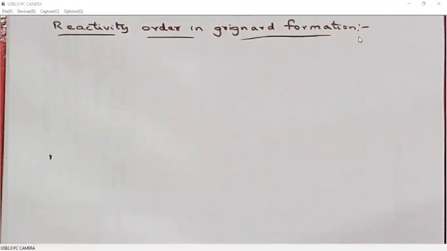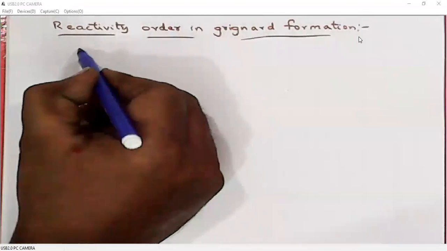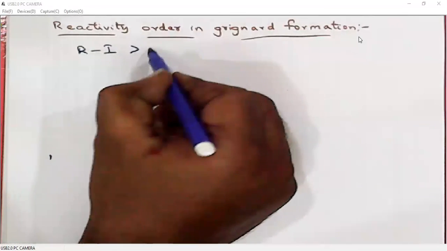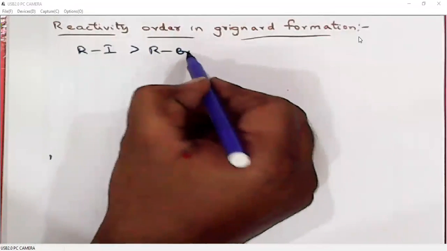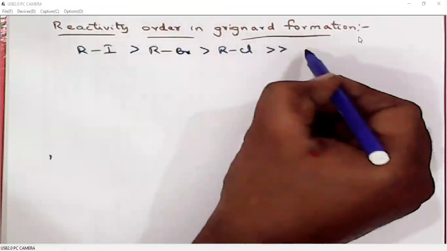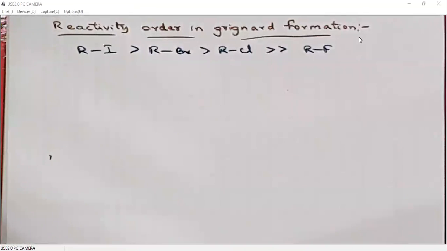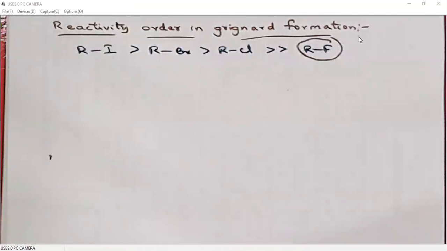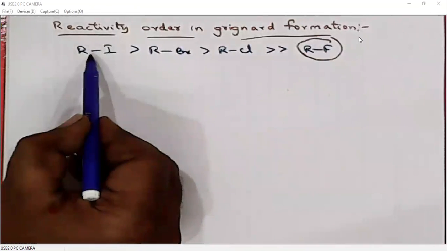Now we will look at the formation of Grignard reagents with alkyl halides. Generally, alkyl iodides will easily generate Grignard reagents. Then alkyl bromides, then alkyl chlorides, and the least reactive in Grignard generation is alkyl fluorides. Generally, we don't observe Grignard formation with alkyl fluorides. It is mostly because of the longer bond lengths and